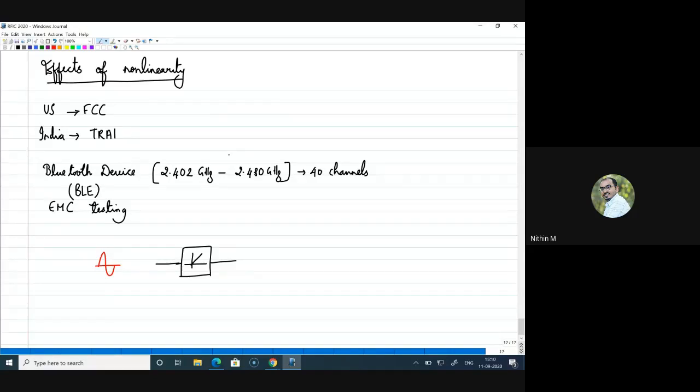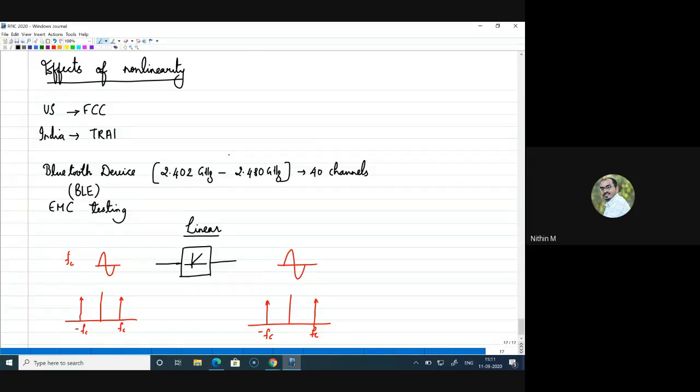Now say for example, your input signal is a sinusoidal signal of some amplitude. I'm not mentioning the amplitude. If I look at the spectrum of the sinusoidal wave, I know that if this is at frequency fc, then the spectrum will be something like this, right? Pure tones, one at fc and another one at minus fc. Now if this is given to a linear system, what I can expect at the output is also a sine wave. And if the output is a sine wave, again the spectrum will have components at fc and minus fc, right? So this is true if your system is linear.